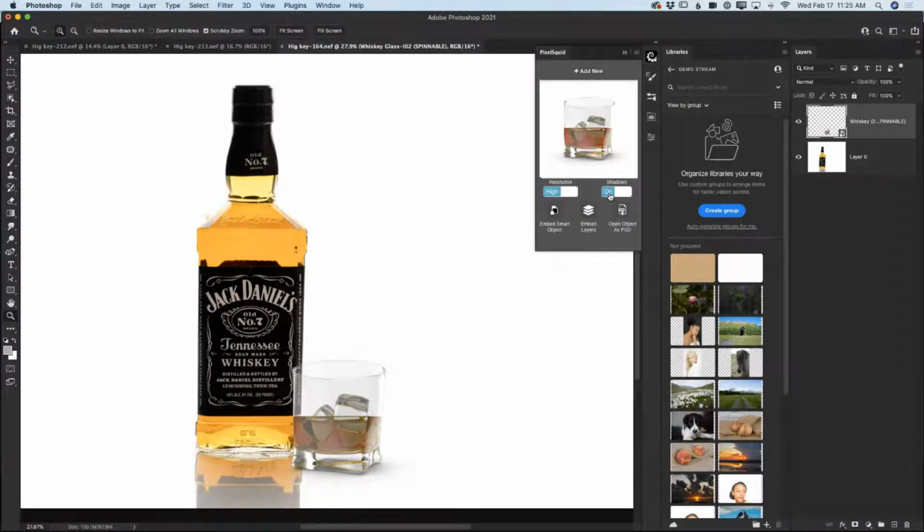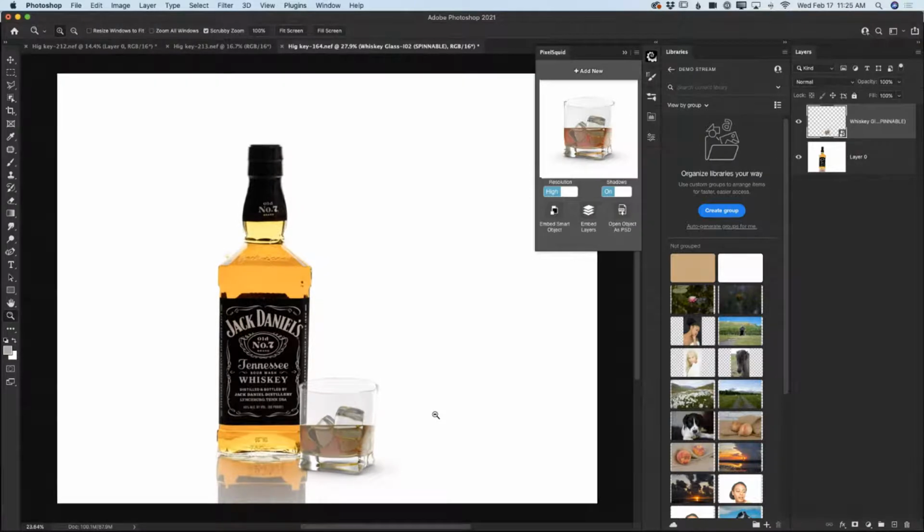You can uncheck shadows, so you will not have shadows under your 3D object, or you can leave shadow as it is. By default, shadows are always on, and particularly in this image, I like my shadows just like that. Sometimes, like in this image, I would like to add a little bit more contrast to my